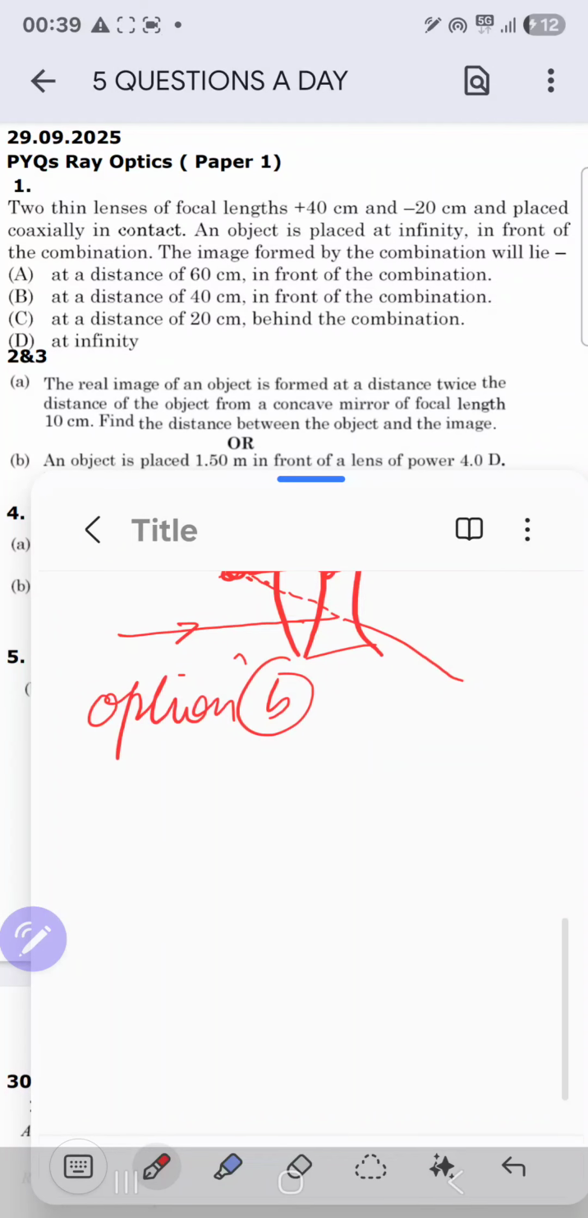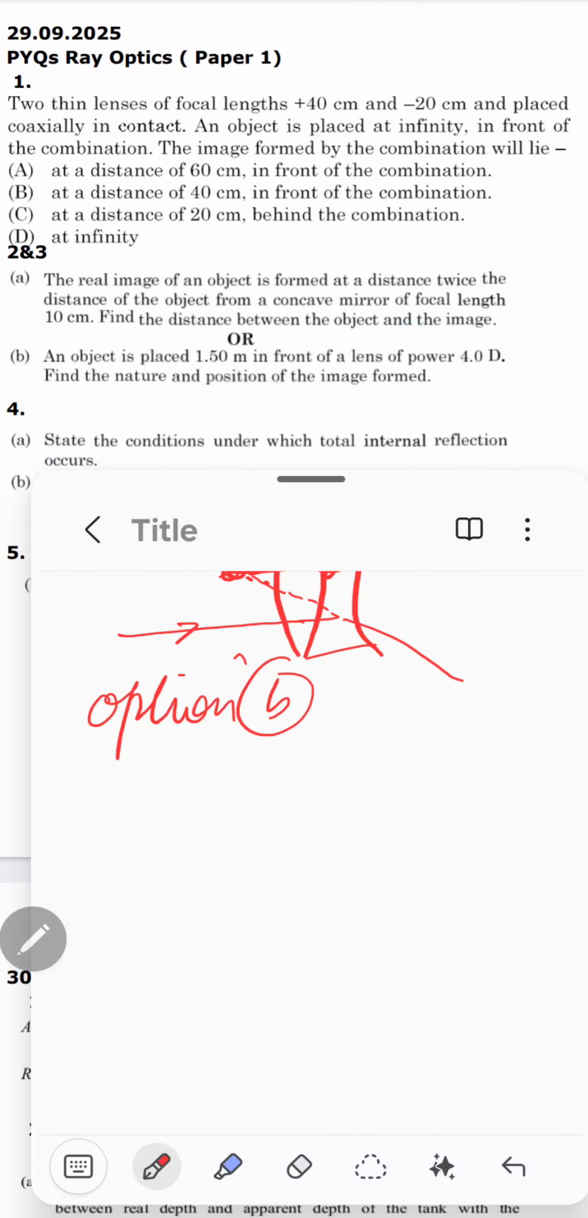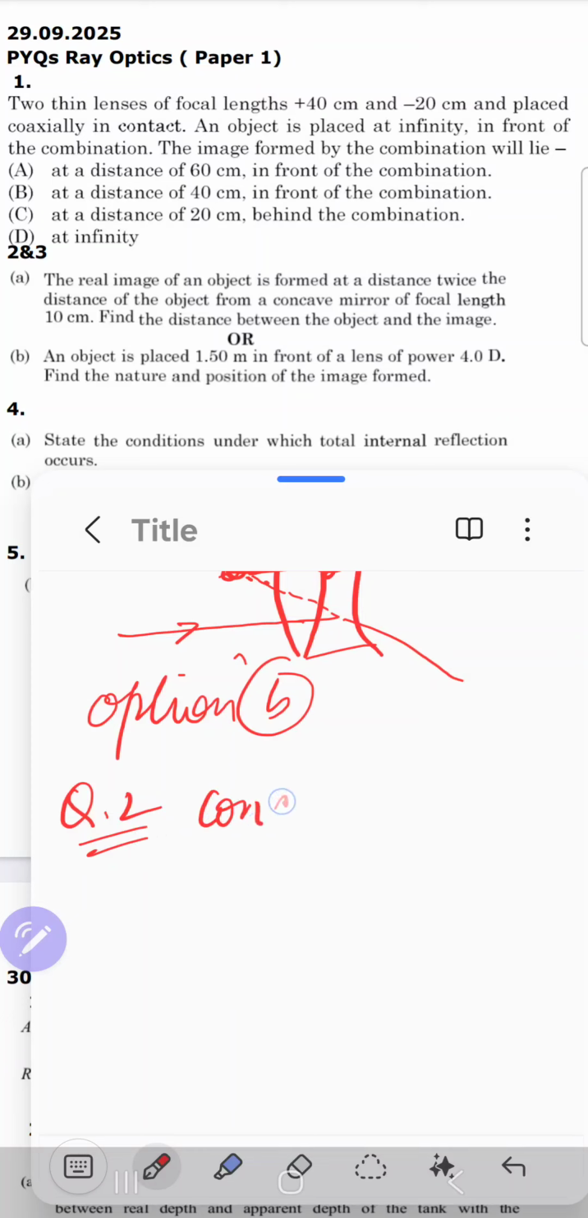Question number 2 and 3 are given here. Question number 2: the real image of an object is formed at a distance twice the distance of the object from the concave mirror of focal length 10 centimeter. Here we are having a concave mirror. So focal length is 10 centimeter, as it is a concave mirror, so it is minus 10 centimeter,